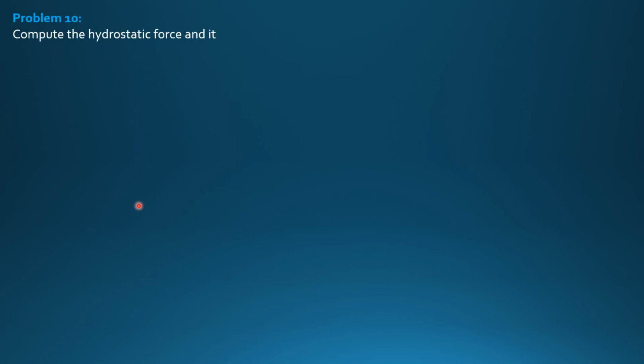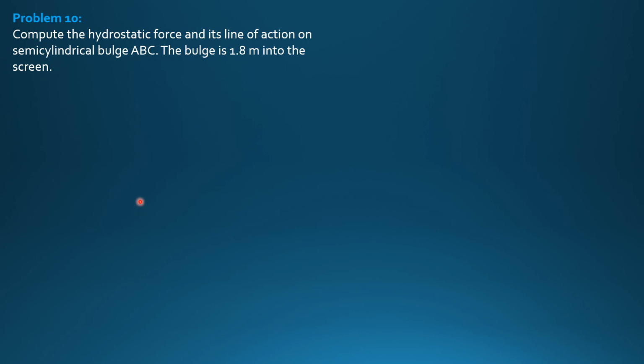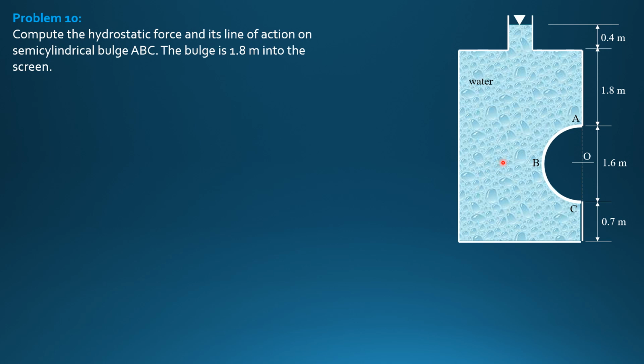Compute the hydrostatic force and its line of action on semi-cylindrical bulge ABC. The bulge is 1.8 meters into the screen. So this is the given figure. Take note, this is